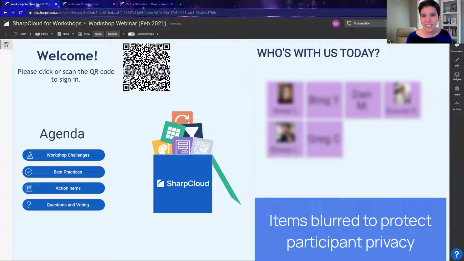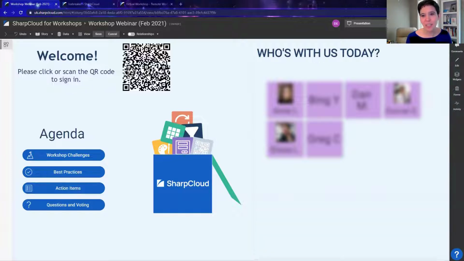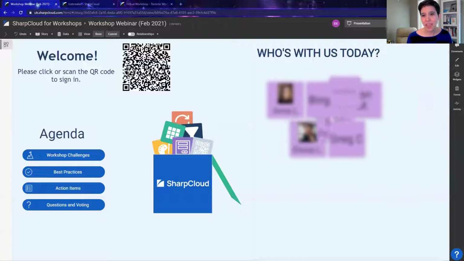We are still ramping up, getting started, but Duncan and I are looking forward to this being a really interactive session. So hopefully you'll be able to log into the account that we set up for you if you didn't have one already. If you missed an email, didn't get one from our system saying that you've been added to our UK instance, and you'd like to access the story that we're going to be using today so you can participate live, then go ahead and drop your email into the chat, and our support team will be happy to